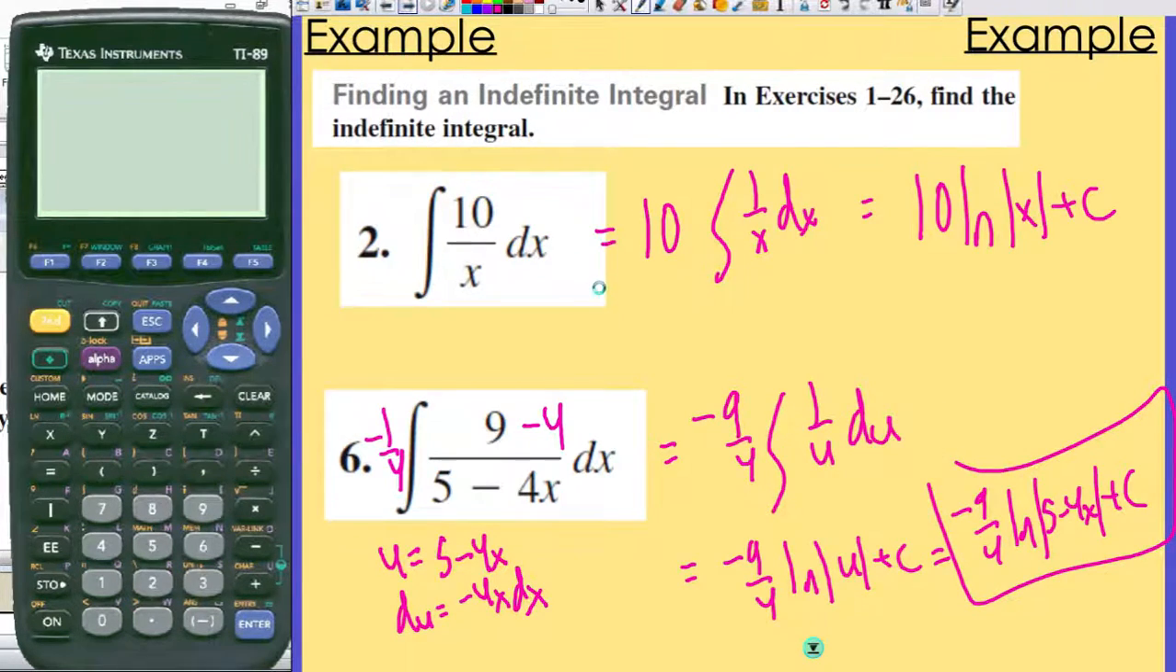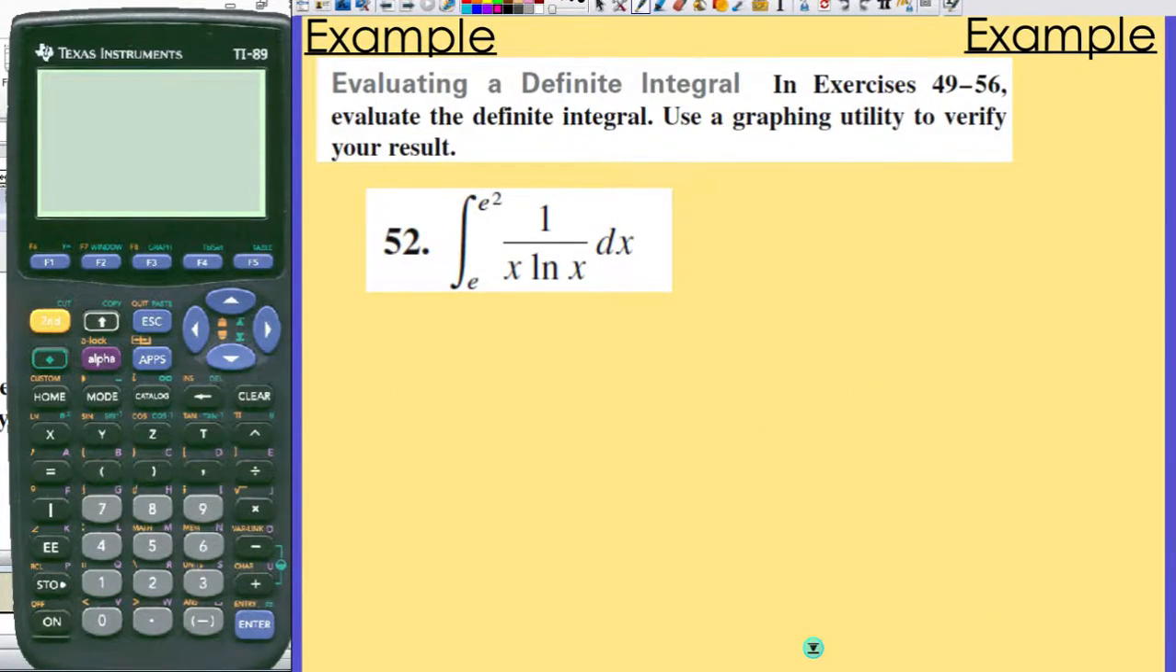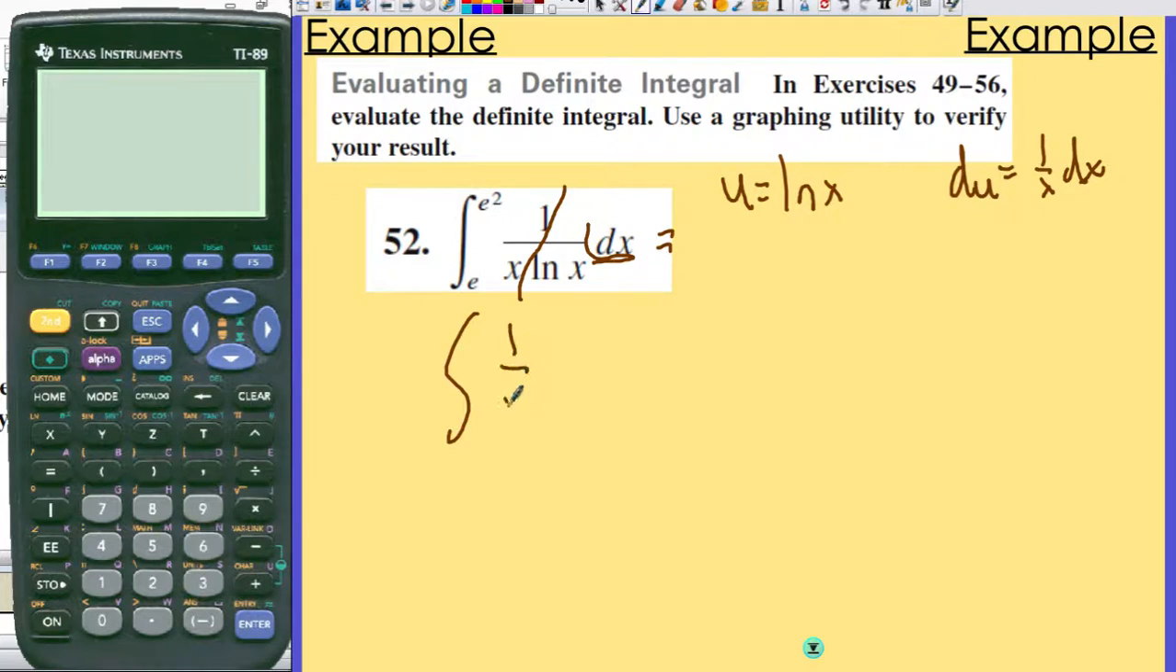Last one. Pause the video. Okay, we're going to work on this. So this one's a little tricky. It's u substitution, but your u in this case is actually natural log of x, and your du is going to be 1 over x dx. This is 1 over x dx, kind of like with these groups. So it's going to be the integral of 1 over u du, which is natural log of the absolute value of u, which is going to be natural log